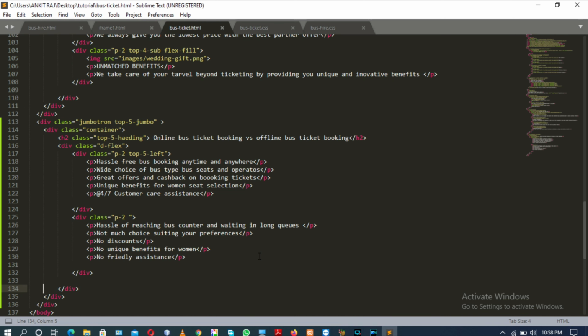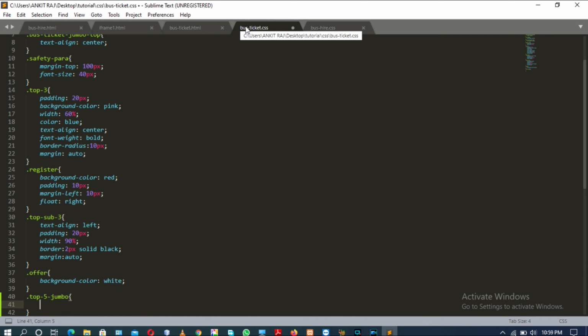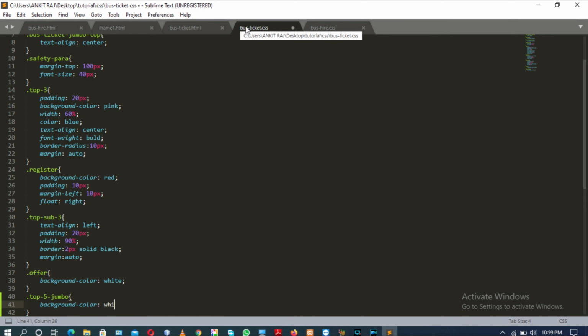Okay, that's right. Now coming to the CSS part, having the class top 5 jumbo. Copy this class name, come to the CSS, save it, and provide the property background color with the value white.